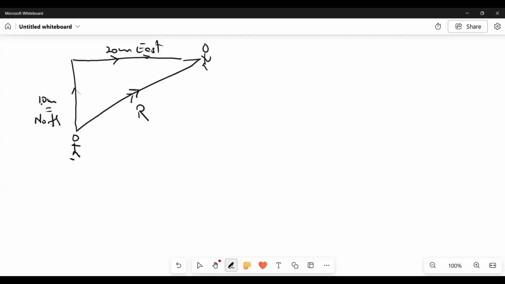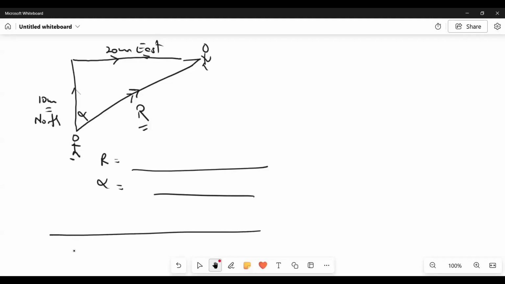right? So we're not treating 10 meters just like a distance. No, we add a direction to it, right? You say, okay, you walk 10 meters north, then you walk 20 meters east. What is your resultant displacement? So your R now is going to be equal to, and then you do your Pythagoras theorem. And then you'll find this angle here, and you will say that alpha equals so much, and then you'll state your conclusion that your displacement is so much at an angle of so much with the north axis,